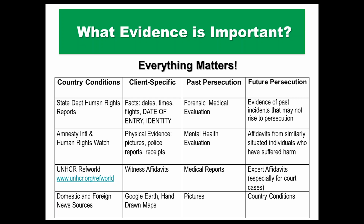Witness affidavits are really critical, and we're going to talk a little bit more about the format of these affidavits later on. But be really creative when thinking about who can corroborate what my client experienced. If your client says a family member knew about something, you want to try to get a statement from that family member. Getting statements from people who may not have firsthand knowledge of what your client experienced, but had something